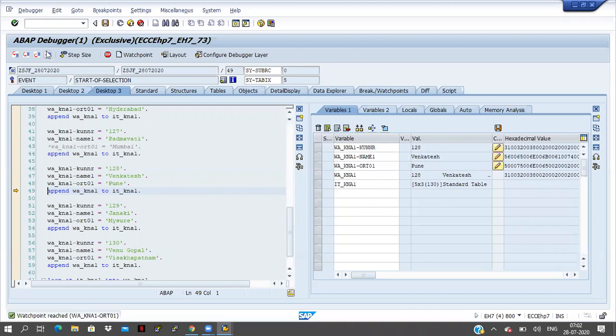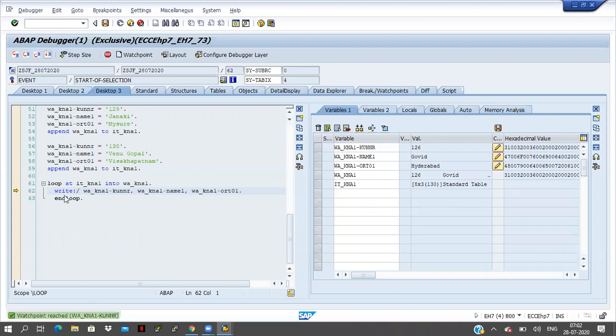Once again I'm clicking on the F8 button. You can see here the watch point: Workarea KNA1 KUNNR equals 126. In the program, wherever the condition is satisfied, it will stop in all places. In the loop also, I am looping the internal table and displaying the data, so customer number 126 is coming. That is why the cursor is stopping at that place also.